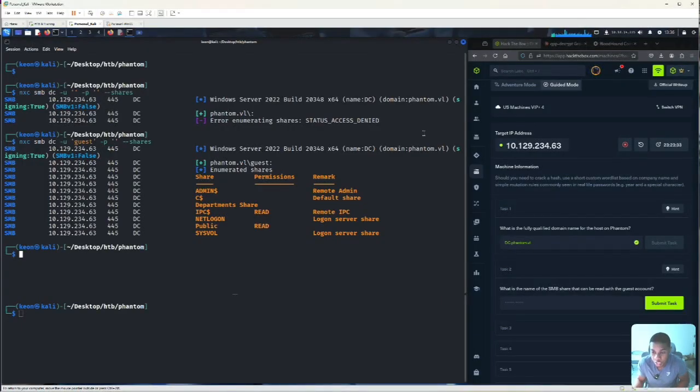Okay, so we have some shares that we're able to read. We have the public share, and then we have the IPC share that we can read, but this is a default share, so it's probably not going to have anything in it. The department share looks interesting, but we don't have read access to it. So the public share is the only one that really sticks out because it's a non-default share and we're able to read it. So we can use Impacket smbclient